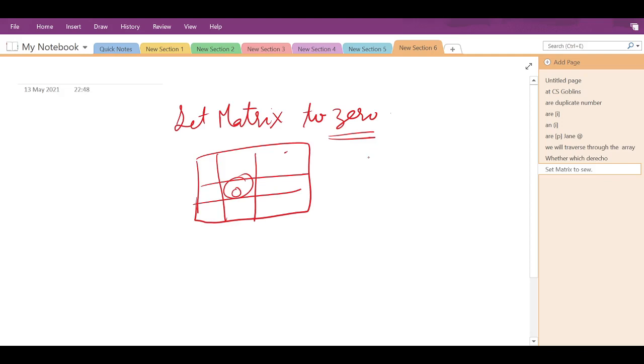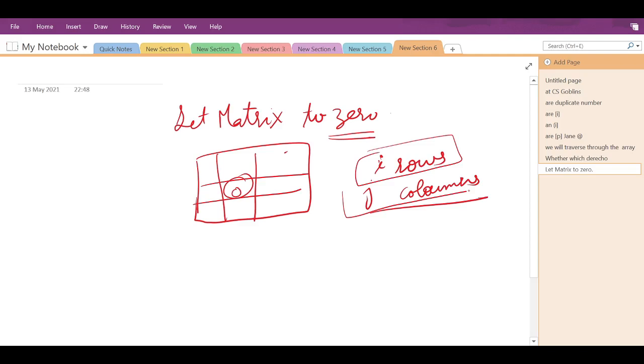So what we will do is we have I rows and J columns, right? We will put all the ith rows and all the jth columns to 0.